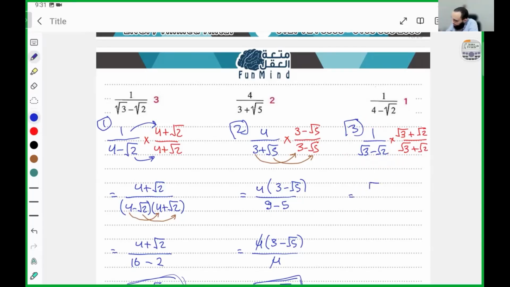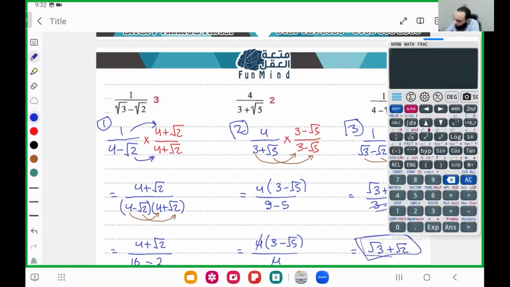Okay? Up times 1, still itself. Down, first times first, minus second times second. Root 3 times root 3, 3, minus root 2 times root 2, 2, which is 1. So you can delete it. It's only root 3 plus root 2. You can do it with the calculator? Yes, actually. Let's write